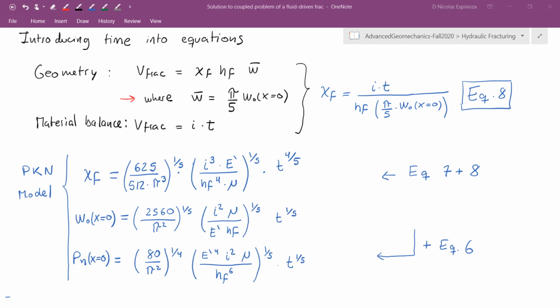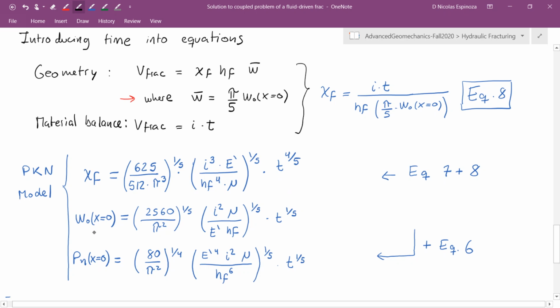Here, I'm just skipping these steps, but it's just algebra, how to get from the previous equations that we had to these equations. Just a lot of powers and moving things around, but other than that, it's not too difficult. So I'm just saving time here and just giving you the solution. Okay. Something very important to notice about this solution is how the fracture half length varies as a function